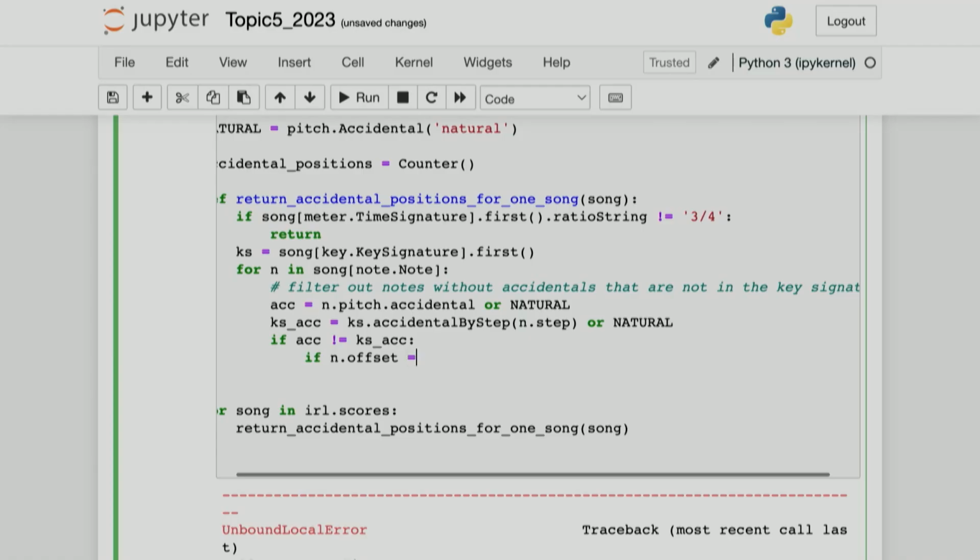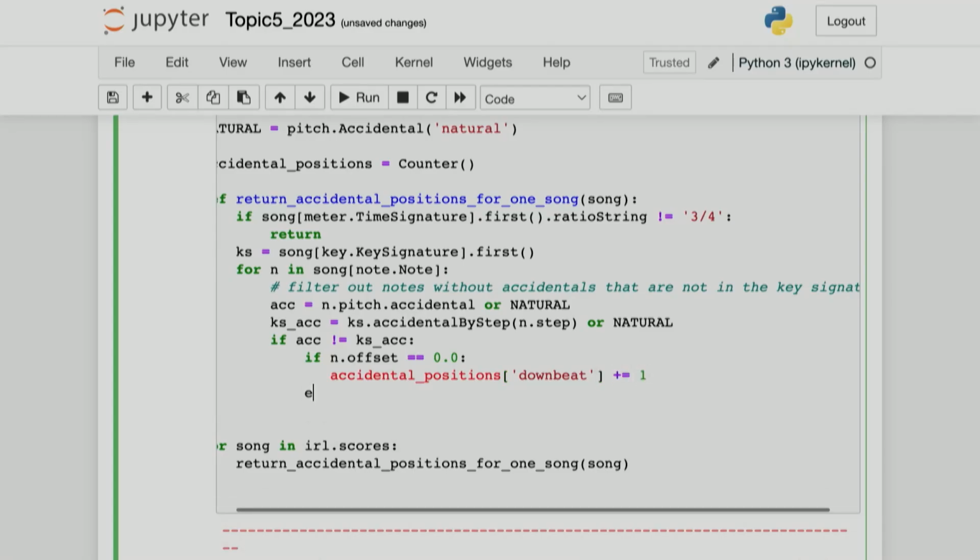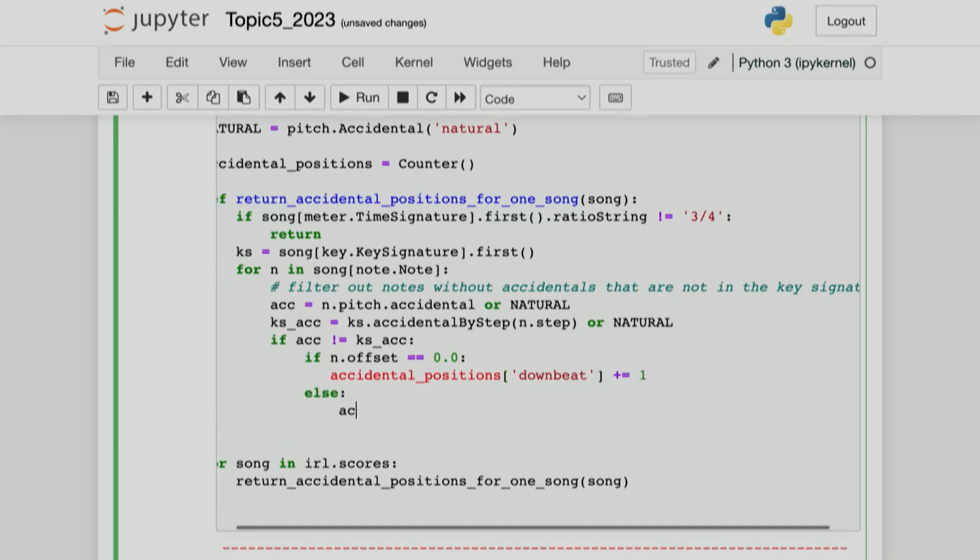So this one we want this here. If the offset is 1.0, we can say accidental positions. I'm going to do that for downbeat plus equals 1, else accidental. Did I somehow not type properly? There we go. Accidental positions, offbeat